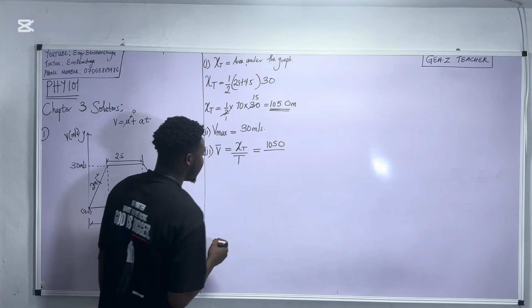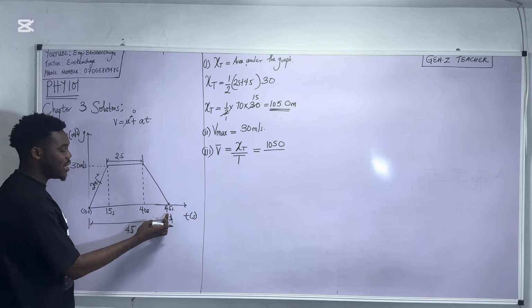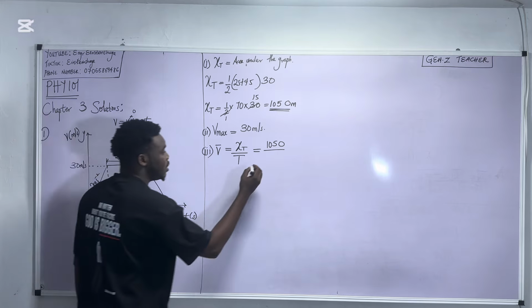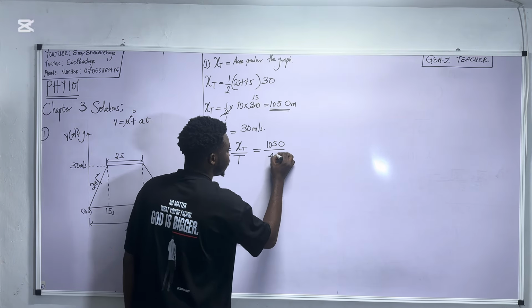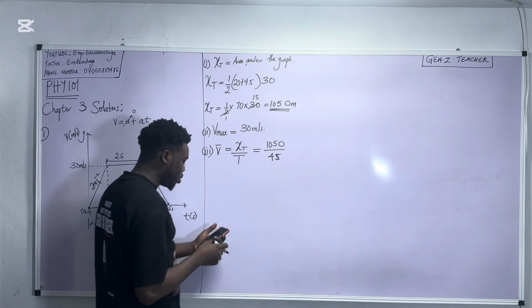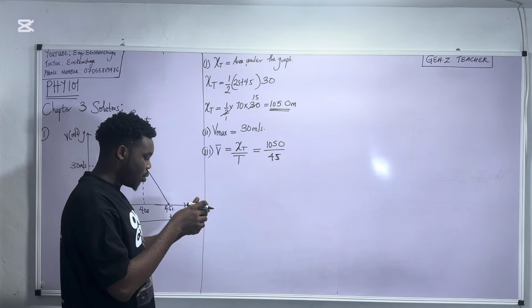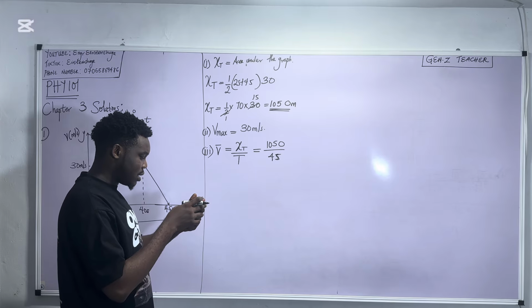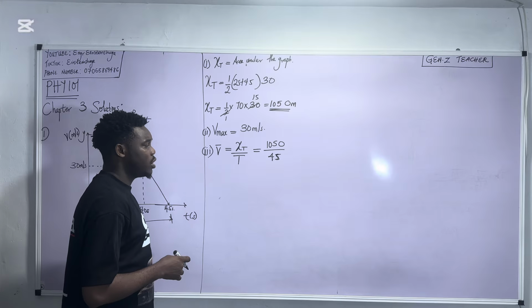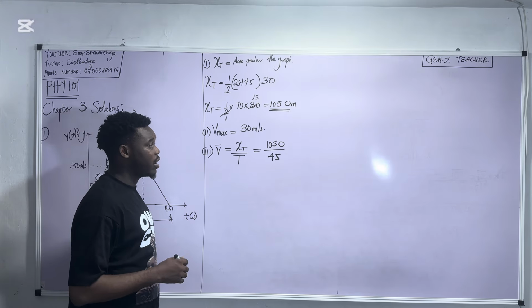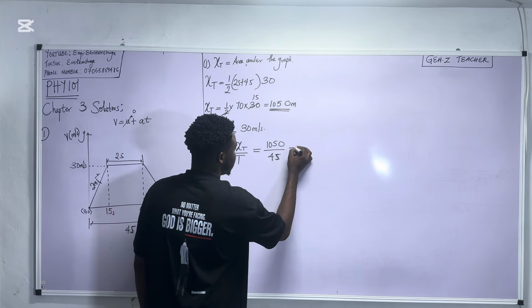1050 over, check the graph, what is the entire time taken? It is 45 seconds. So we're going to divide that on the board. Now how do we divide that value on the board? What is 1050 divided by 45? Now this would give us